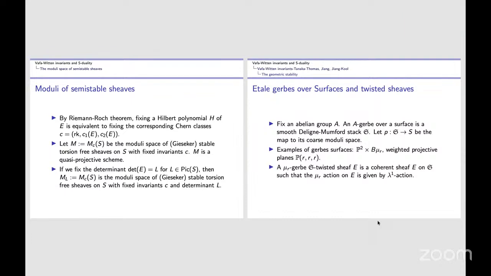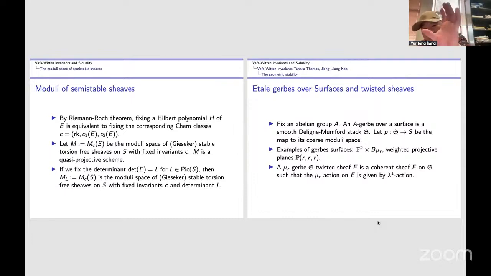So I only want sheaves where the action can be diagonalized. The diagonal action is always lambda 1 x, lambda 2 y, and so on, like the rank. So the action is given by lambda to the power 1. There's no splitting. Does this make sense now? Okay, yeah, I think it makes more sense now. Thanks.